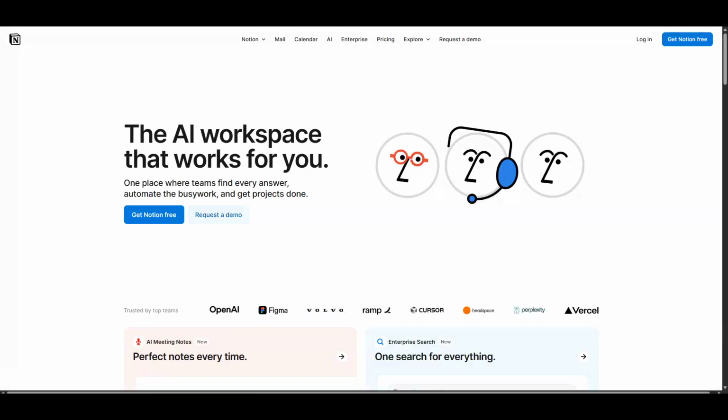In today's video, I'm going to teach you how to add widgets to Notion, and I'll even share with you the 10 best free widgets you can use. Notion is a powerful tool for managing your workspace, whether it's for wikis, documents, or projects. And with the addition of widgets, you can enhance your Notion experience by customizing it to better suit your needs